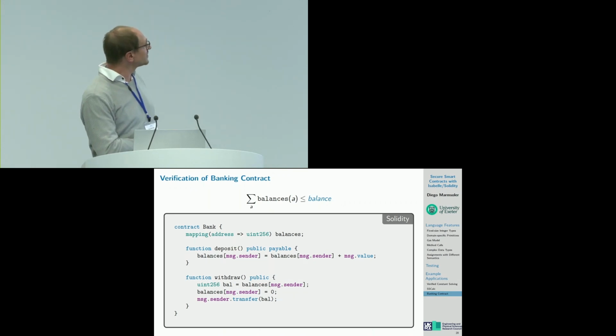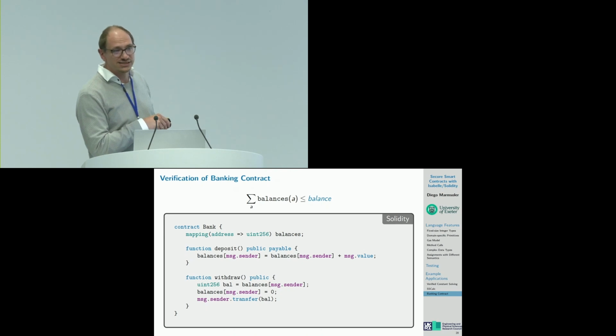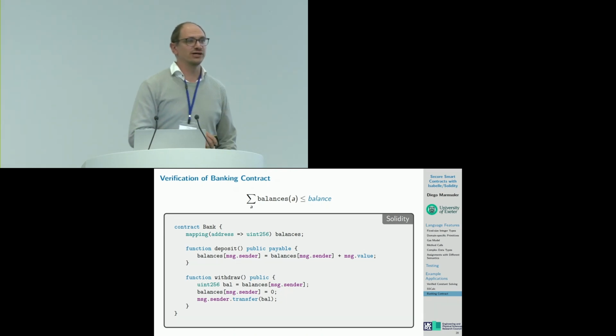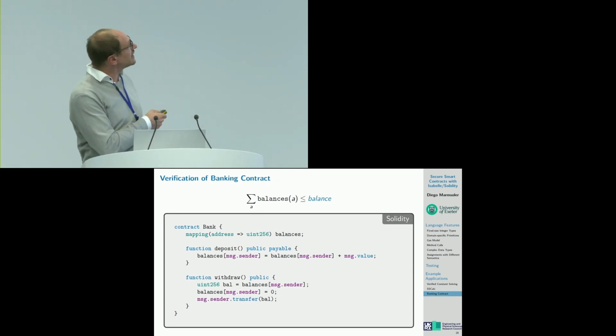And for example, in the context of this banking contract, and you remember that's the contract I explained before, what we verified is basically that the balance of the contract, which is denoted with this blue balance here, which is the balance associated with the contract's account, is greater or equal to the sum of the internal balances. And this is an example of what we verified, and what we would not have been able to verify